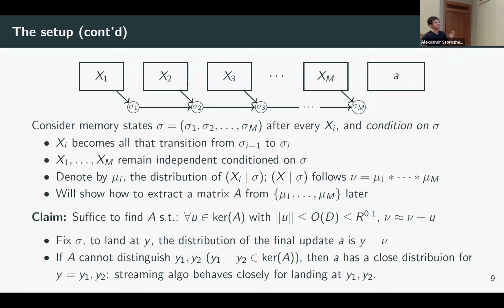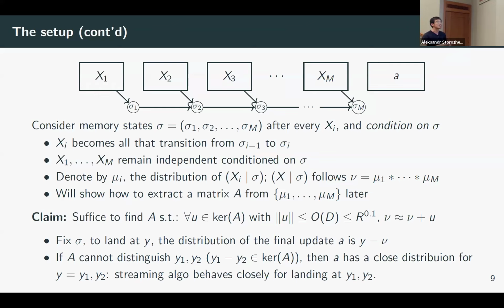Okay, let's say we fix the sigma and condition on the sigma. And then after processing these random updates up to sigma m, in order for the final update to land at y, the distribution of the final update is y minus U, right? So conditional on the memory states, we have the distribution U, which is the sum, and then the distribution of the final update is y minus U. Okay, so ultimately we would like to show that by sketching the frequency vector by A,